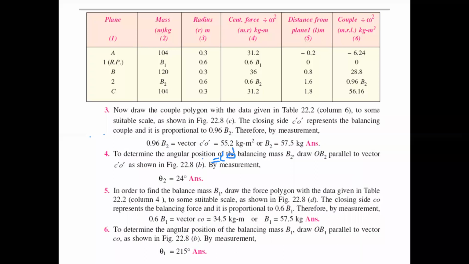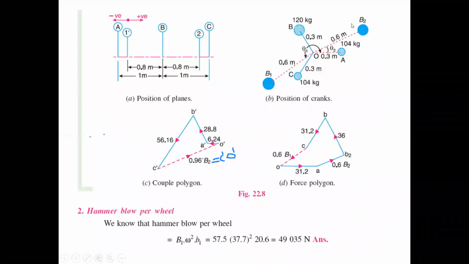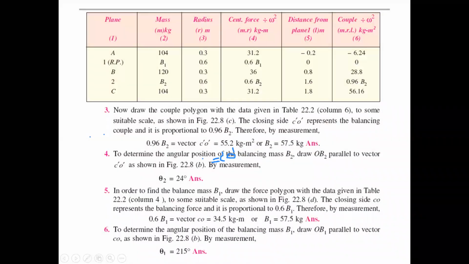So that direction, just place it in our angular positions of the masses. Just place it here. Just draw the parallel line in our angular positions of the cranks diagram. And now when we find the B2, now going to take our centrifugal forces values. So just substitute the B2 value in this equation, that is 0.6 into 57.5. So nearly 35 N, that value is substituted here.